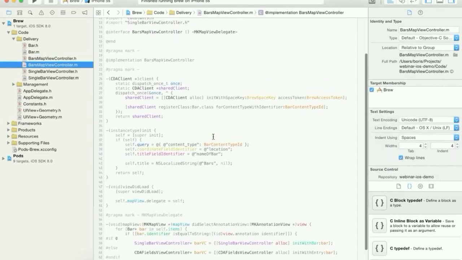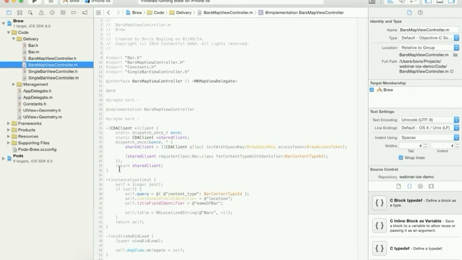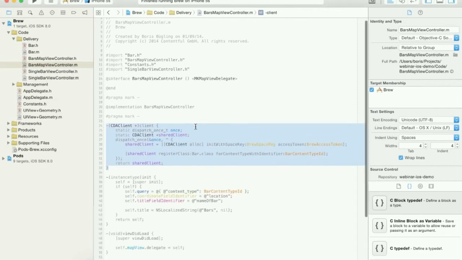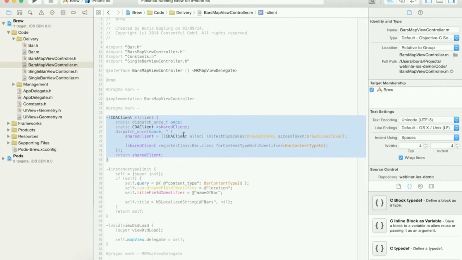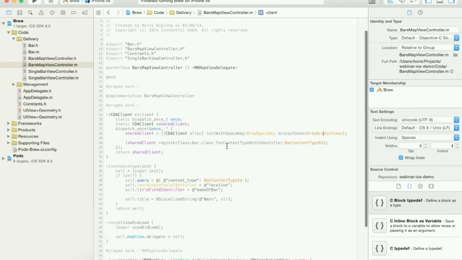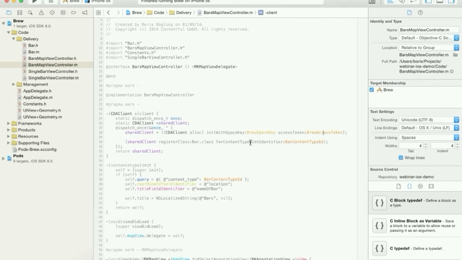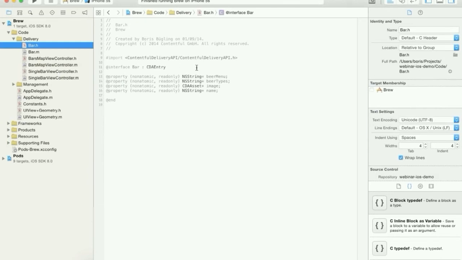So in our implementation, first we of course have to specify the client, as we just need one client and it's always the same here. I basically have a little singleton inside of the map view controller, which gets initialized with our space key and our access token. And what we also do in the client is a feature for having your own custom class for an entry. That's this. We have our content type ID, which we defined earlier, and we specify a class here, which is this class,